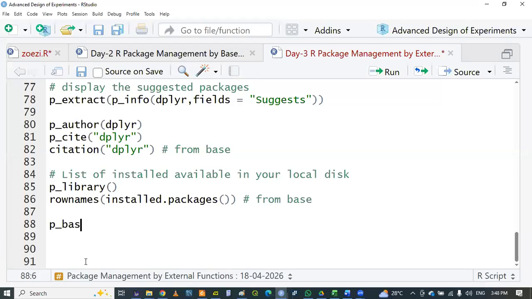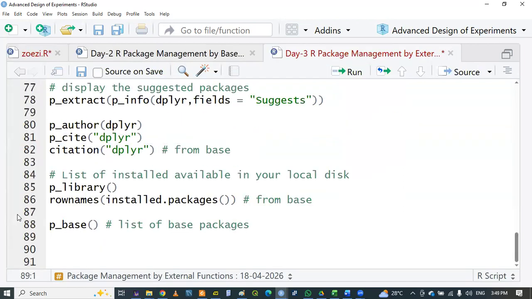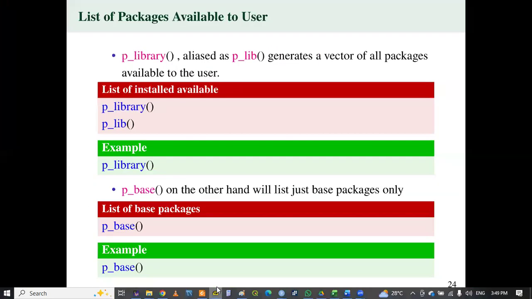p_base lists the base packages. You see there are 7 of them: datasets, utils, grDevices, graphics, stats, methods, and base. So you also get the privilege of seeing the base packages by using p_base. And